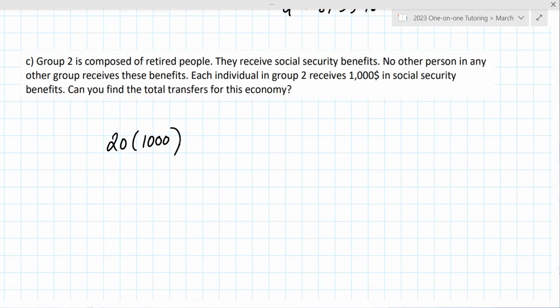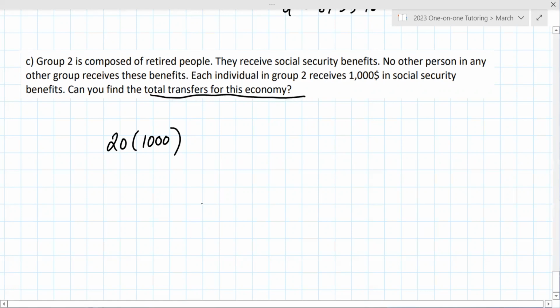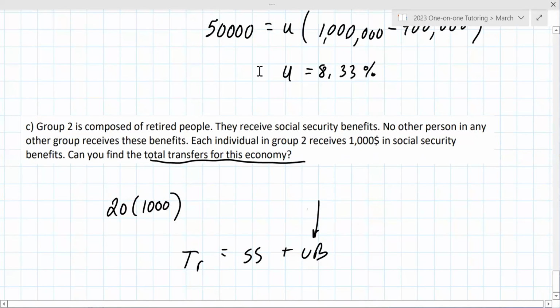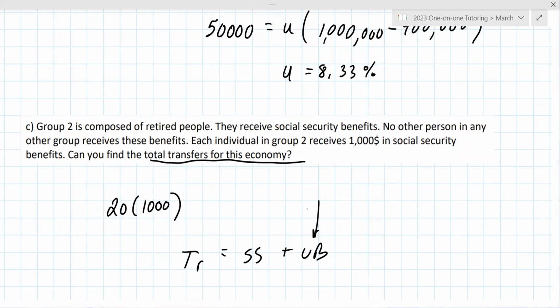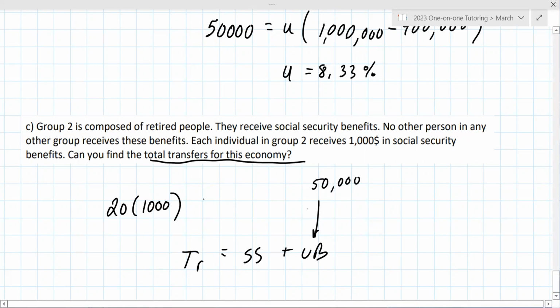But we should always start by talking about the total transfers in this economy. The total transfers TR is SS plus UB. So you get your UB from the previous problem, which was the 50,000. Yeah, 50,000. And then the SS is the 20 people receiving $1,000. So 70,000 would be